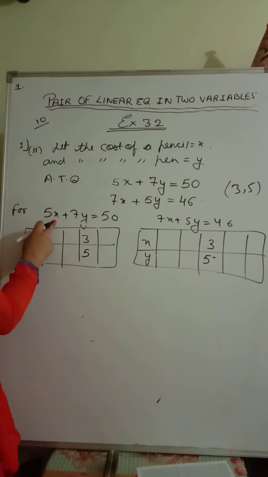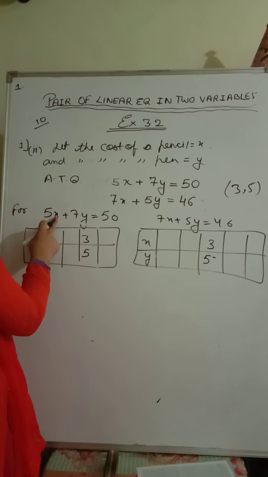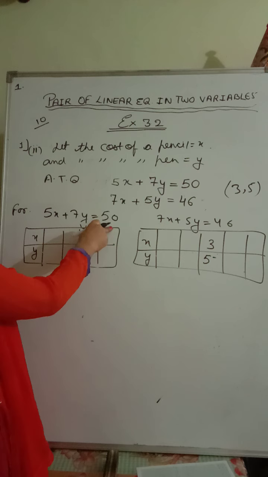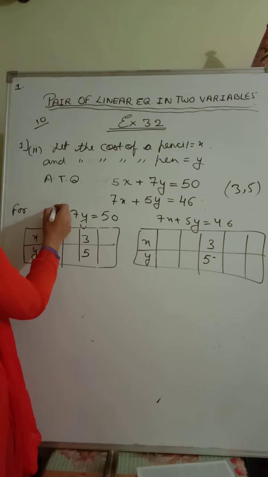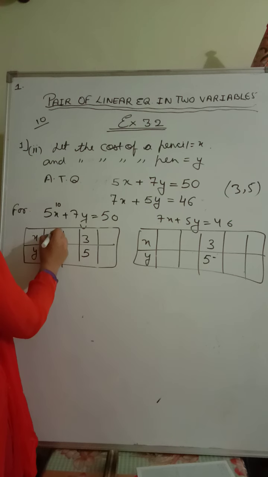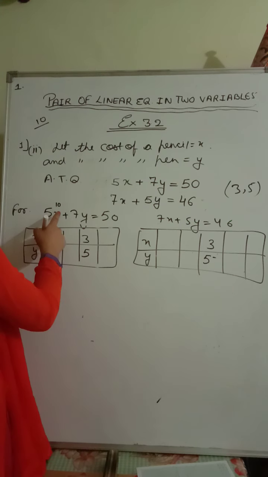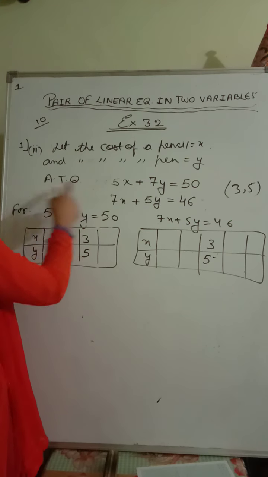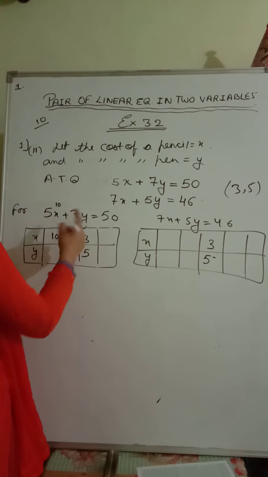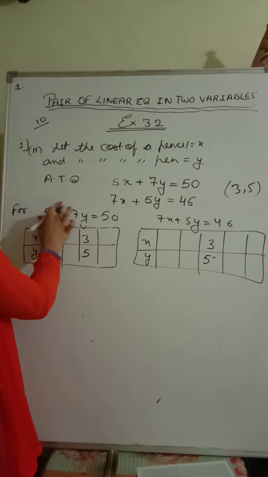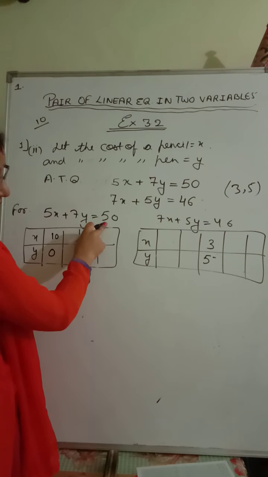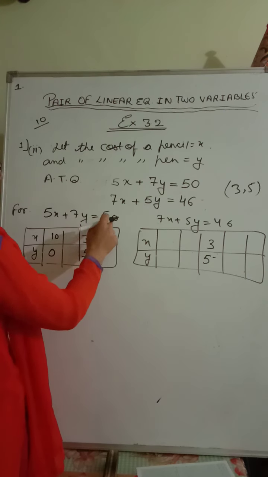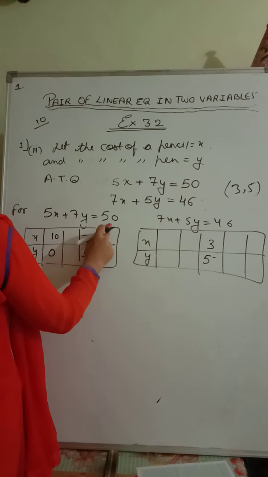So what we should do, we have to keep the value 10, 20 like this. Okay, so that here is 50. If I put 10 5s are 50. Okay, so 10, value of x is equals to 10. So it will become 50. 50 minus 50, 0. So y will become 0. Okay. Now I want the number which is divisible by 7. 35. So 50 minus 15.